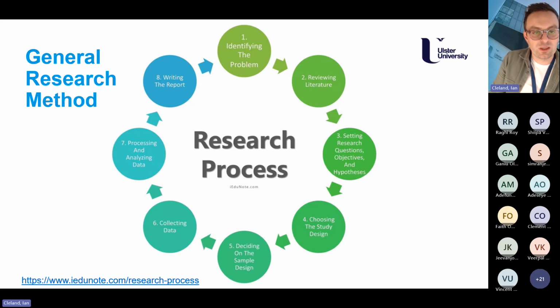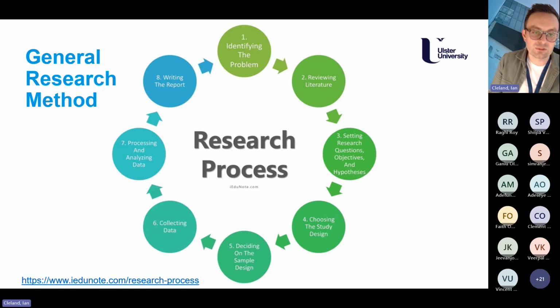At this stage, you'll be looking at the literature review, trying to identify what others have done, and maybe identifying the gaps in what they've done, or somewhere that you can try to make some contribution. From those, we're then setting out some questions or some aims and objectives that we want to try to answer through our research.